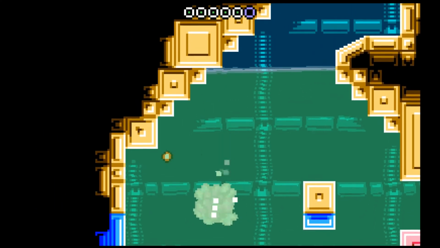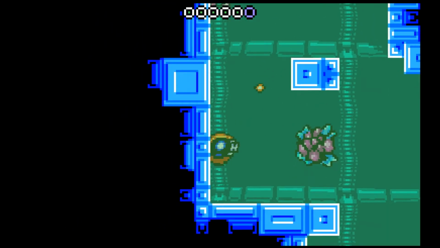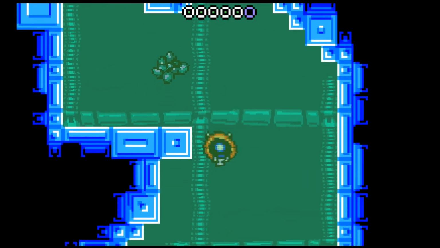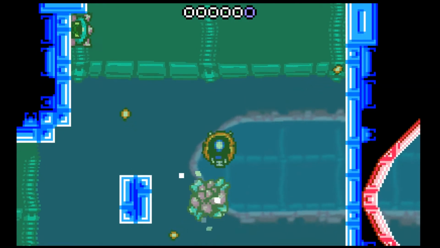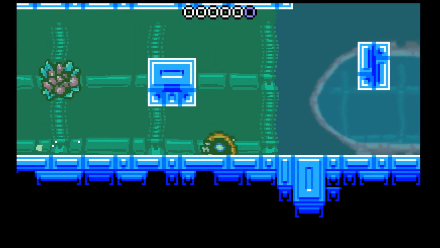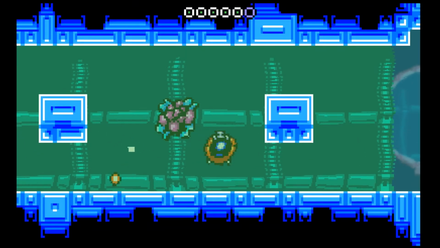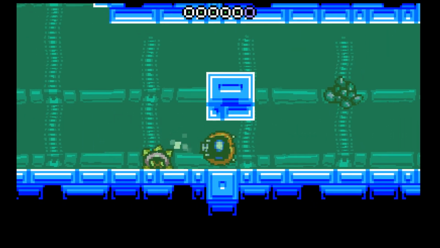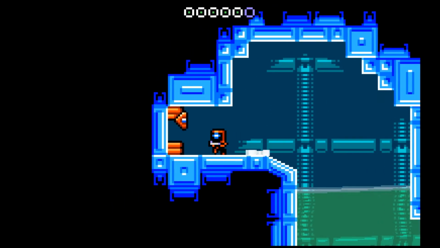Ow, I was too close to him, that's not good. Try to avoid all the enemies we can. Dodge you. Let's get rid of you, because at this point they are quite annoying, and if you get hit it just feels a bit... So let's get rid of you, head through this door,